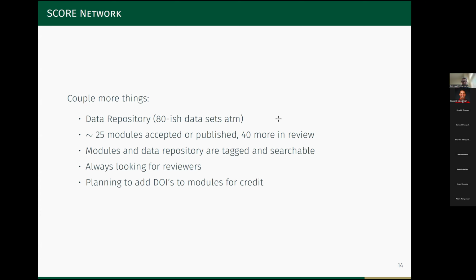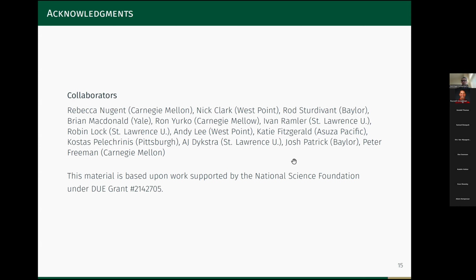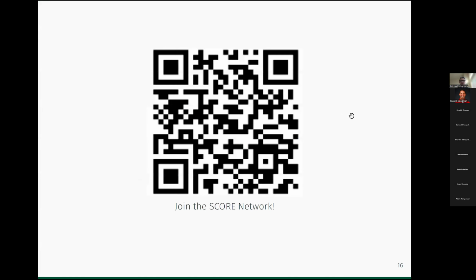We also do some analytics and we track some downloads. So if you're producing a great model that is being used by hundreds, thousands of people, then we can track that and we can give you credit for that. Here is my list of collaborators, a long list there across many institutions. And I think I failed to mention Azusa Pacific there when I was talking earlier. But again, some really great names in statistics education, part of that group.